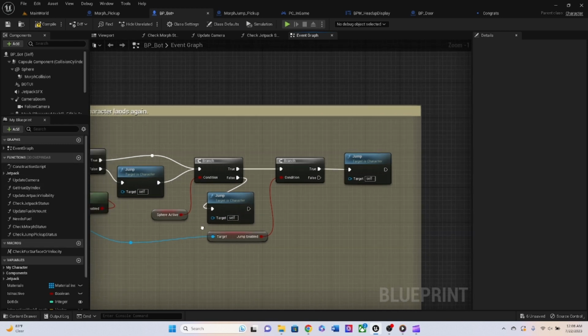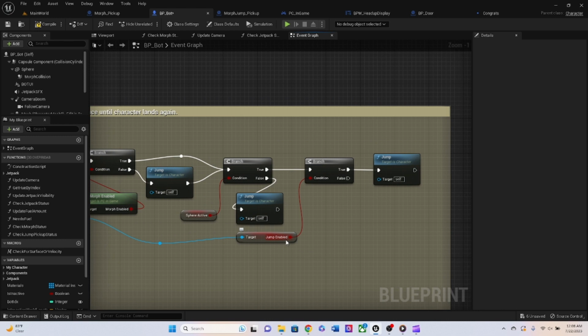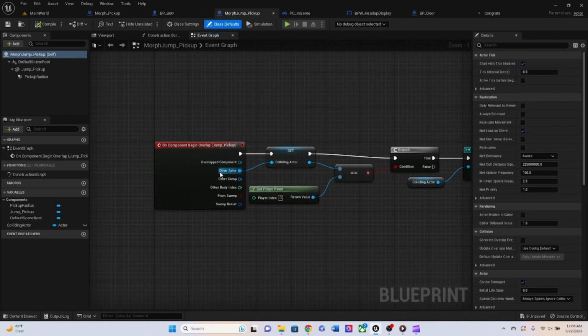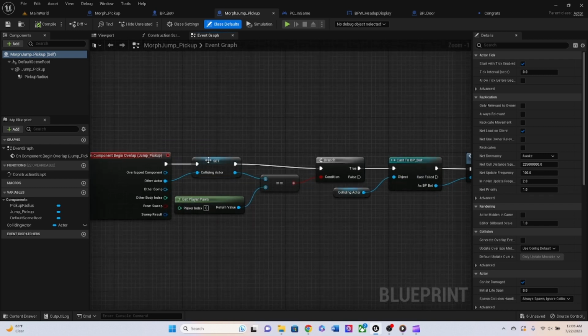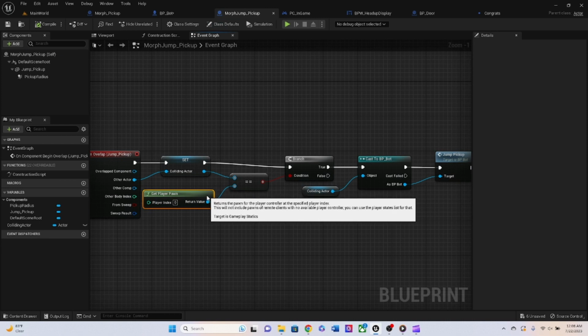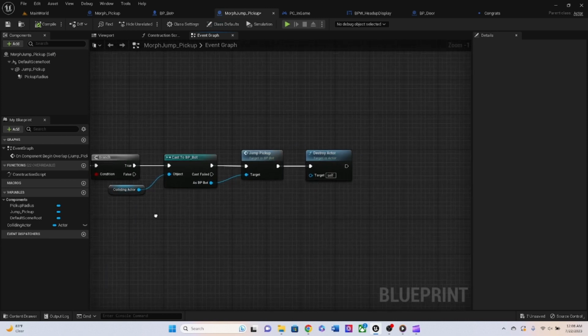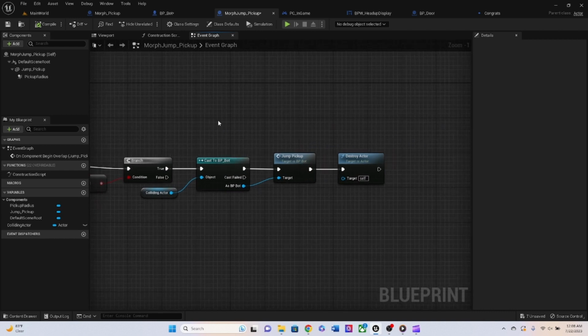reference back to the player controller that, hey, it has been picked up, so the condition has been met, so we're going to jump. So this is what I did for the pickup for the jump, which is on component begin overlap. I set it to the colliding actor, and I gave it the reference as the player pawn, and gave it some more conditions to follow. And essentially told it to cast to the BP bot, and once collected,